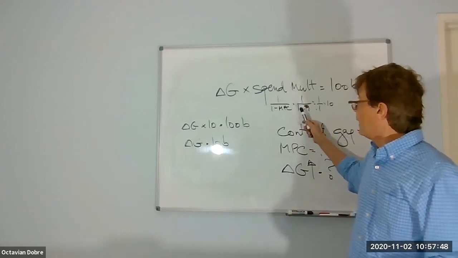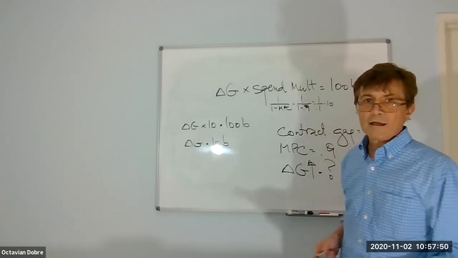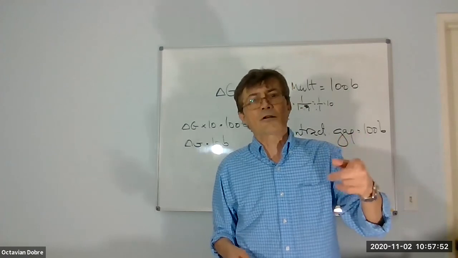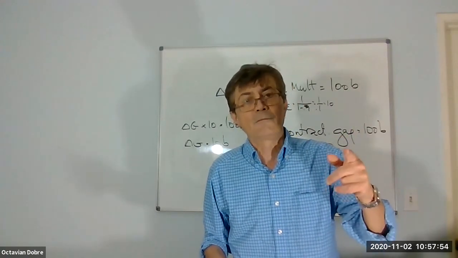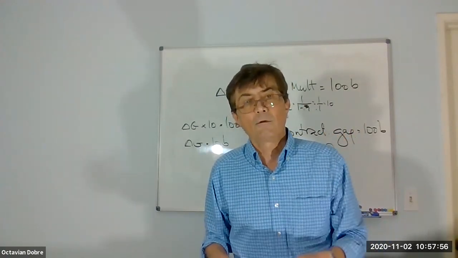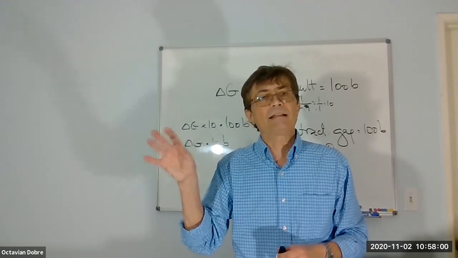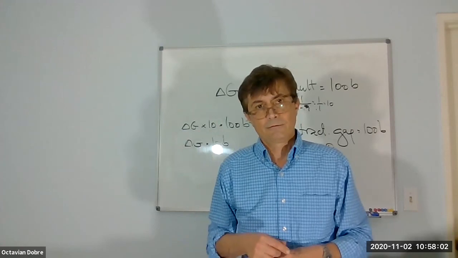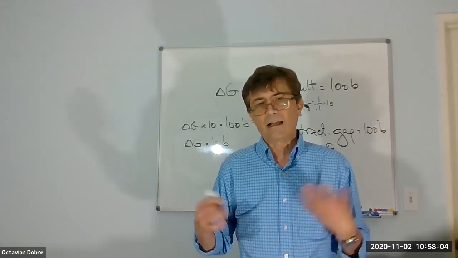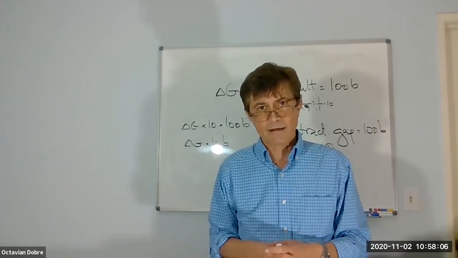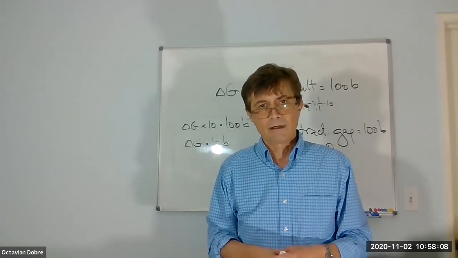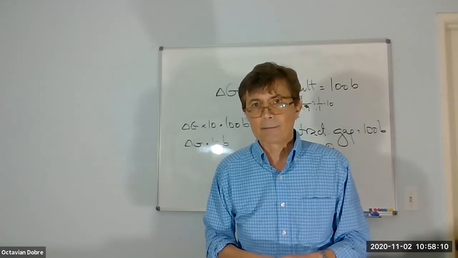Folks, if the marginal propensity to consume goes down, what happens to the multiplier? If the MPC goes down in value, just think what's going to happen to the multiplier. Is it going to go up or down? Because obviously it's not going to stay the same. It goes down, right?